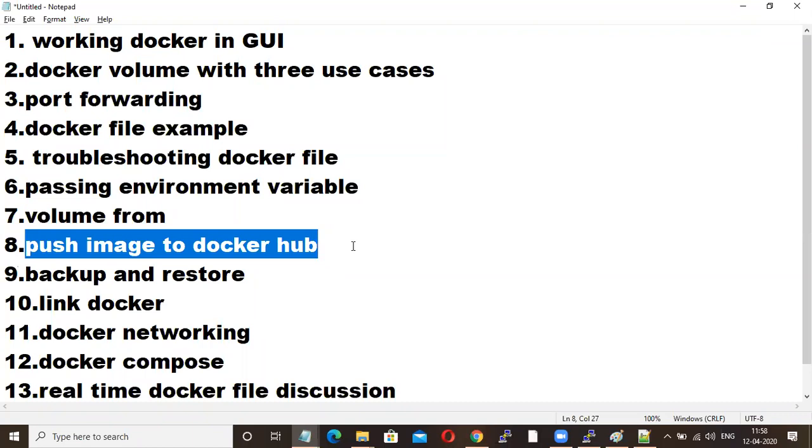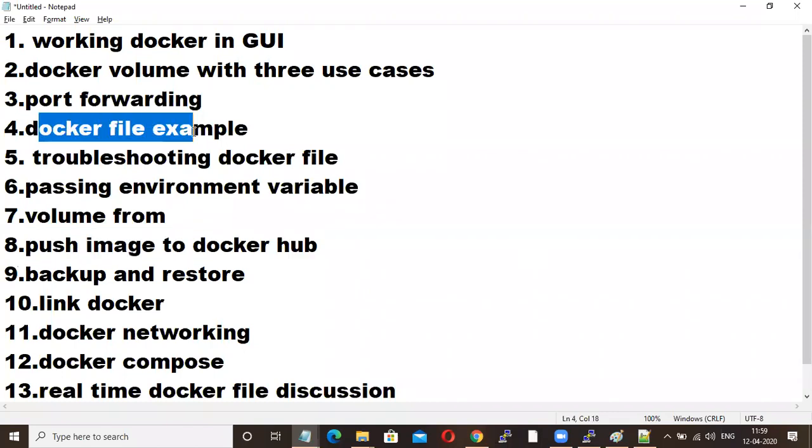Now, how to back up and restore the container? Here I will show you.